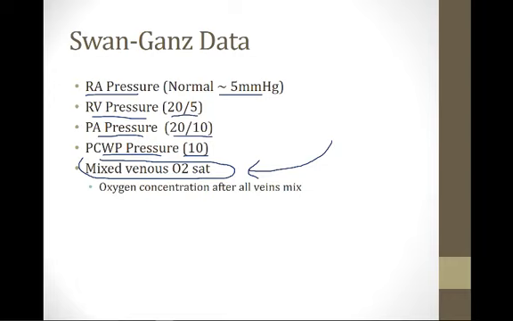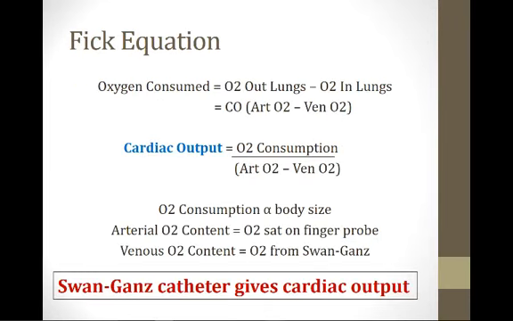This is the concentration of oxygen after all the veins in the body have mixed together in the right ventricle. And as we'll see in a minute, you can use this value with the Fick equation to determine the cardiac output. The Fick equation is an equation that can be used to determine the cardiac output together with data from the Swan-Ganz catheter. The Fick equation is based on the principle that oxygen consumed by the body must equal the